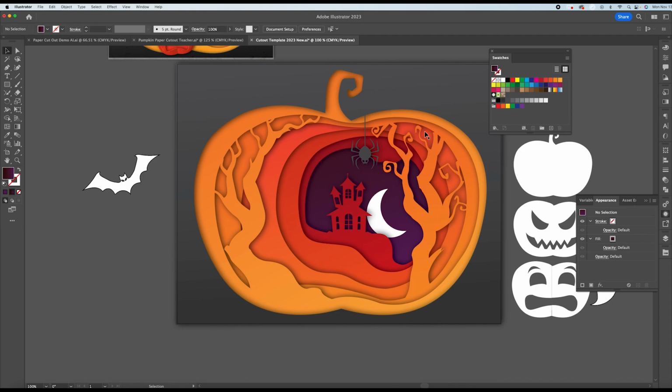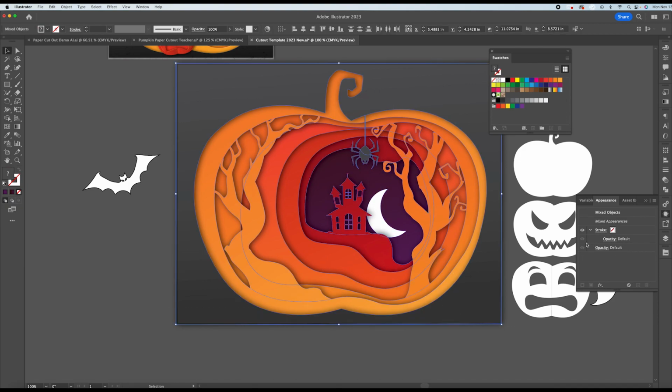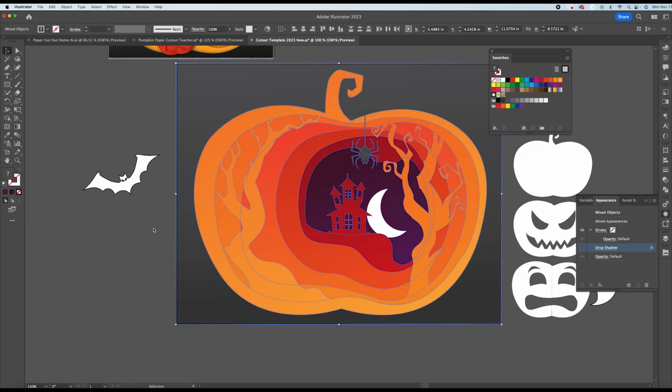Once we have these gradient effects now applying onto the objects, we want to get into what could be considered the most complicated part of this. It's adding in highlights, elements that are going to make the piece of paper look like it's on the outside edges. To do this, again, I am going to hide these gradients just so they don't get overcomplicated. But again, hiding out the drop shadow for a moment,